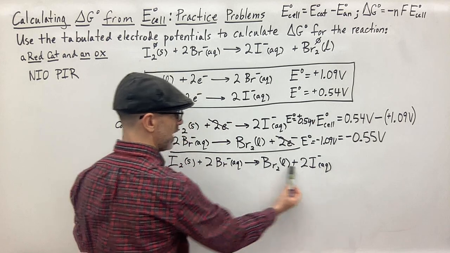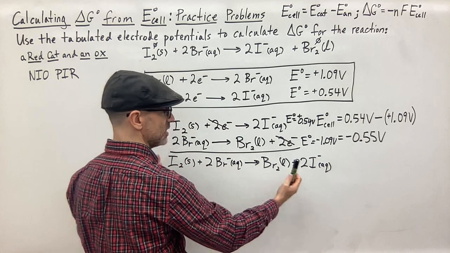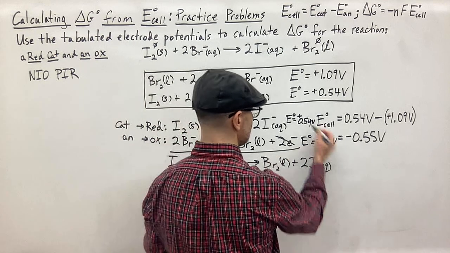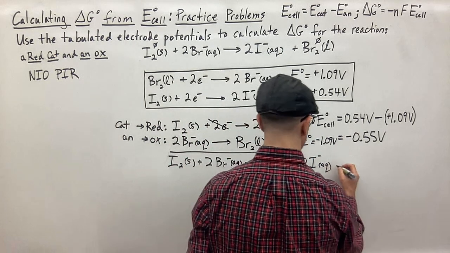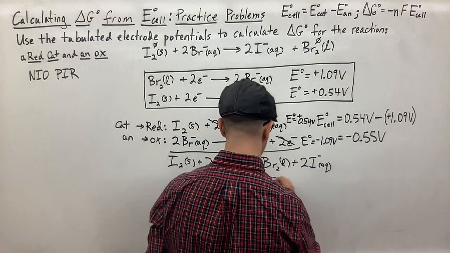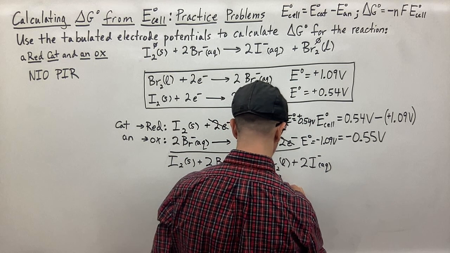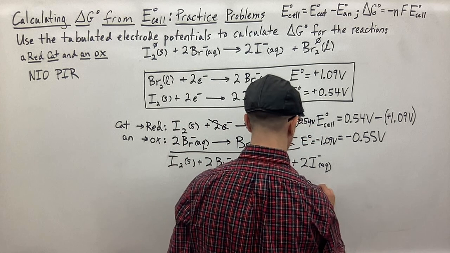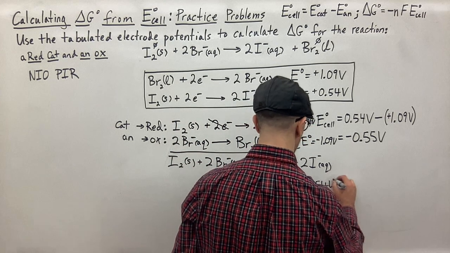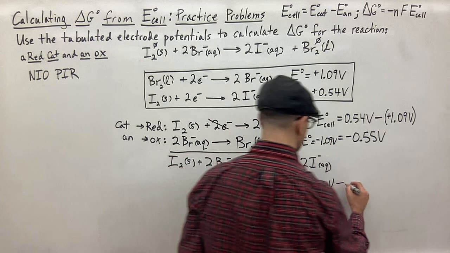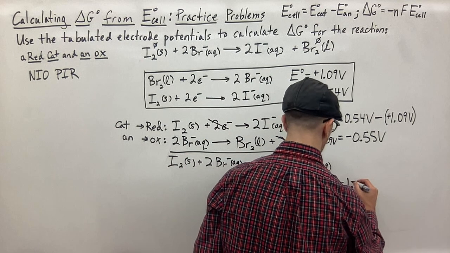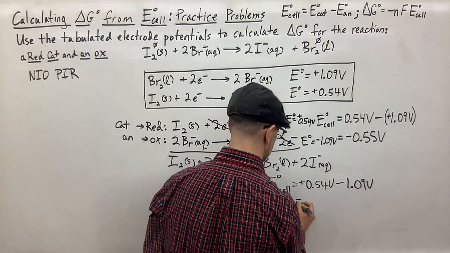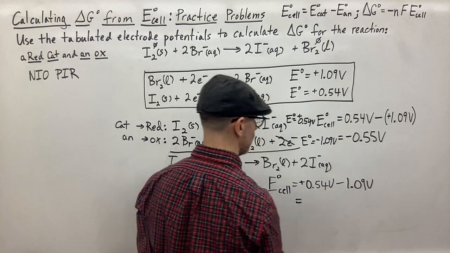So when you add these together, you get the electrode potential of this whole reaction, which is the reaction happening in the cell. So that would give you the standard cell potential. So here we get the same thing. If I write down here that the standard cell potential is going to be equal to this one, positive 0.54 volts minus 1.09 volts. I add those together or I subtract them, however you want to think about it,